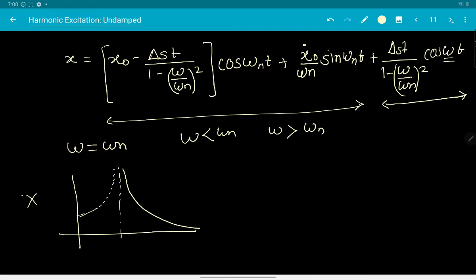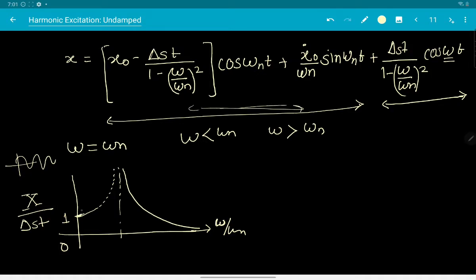So this is the amplitude of the particular integral divided by delta st, or xst, whatever you prefer calling it. It started from 1 when omega by omega n was equal to 0, which essentially means that it is a static forcing. So the amplitude of the particular integral is the static forcing amplitude itself, and there is no complementary solution at that time. There won't be any vibrations with omega n t, so this part will be absent.